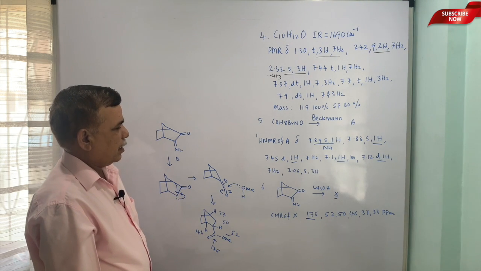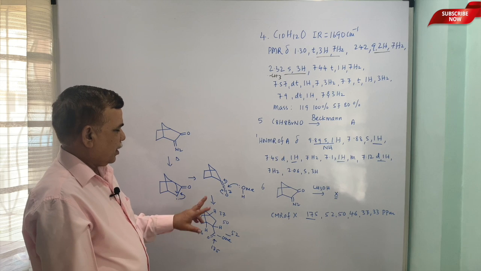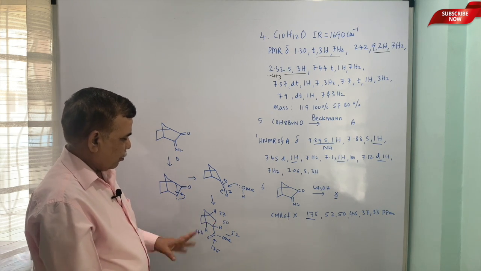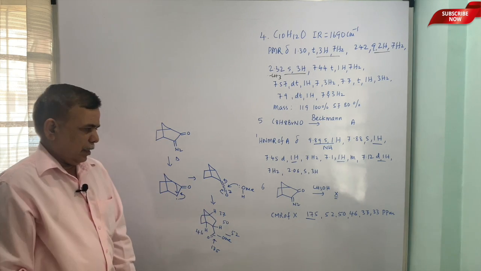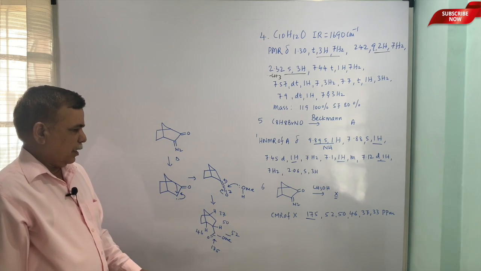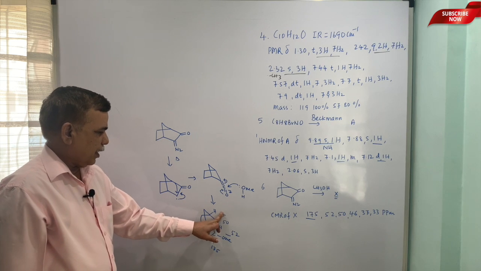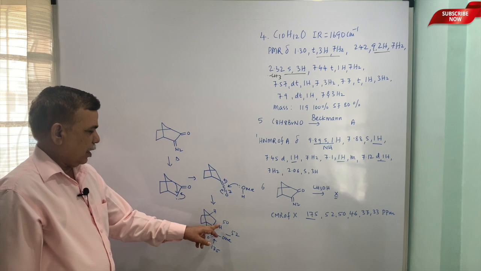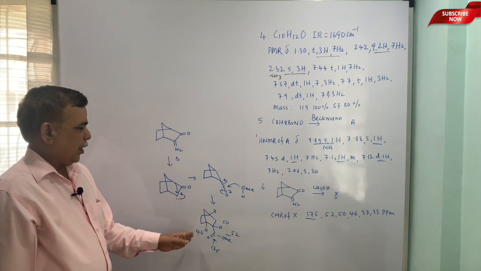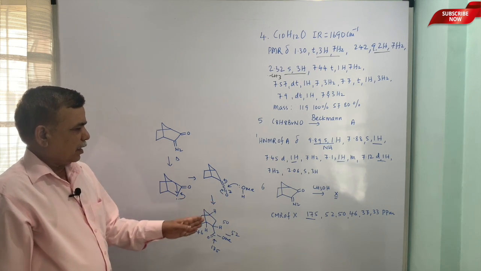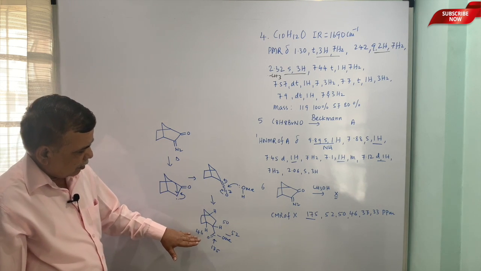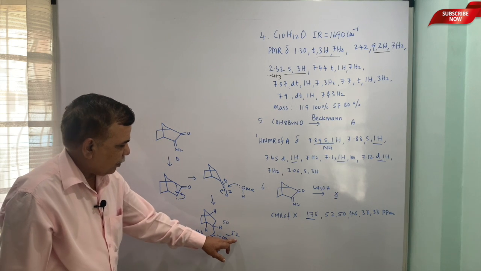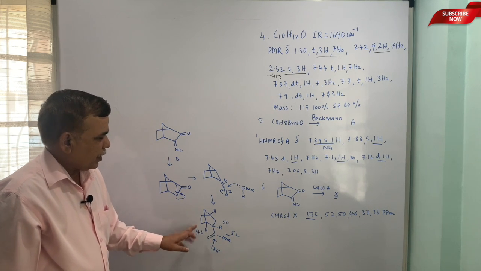Instead of that, only 6 peaks are there, that means 2 identical, like these 2 may be identical, these 2 may be identical. So, we are just putting 33, I am not putting 37 here, because 50 maybe these 2 are 50, and then remaining 37 and 33 you can assign, but the important peaks are 175 and 52 and 50 and 46, they are important.